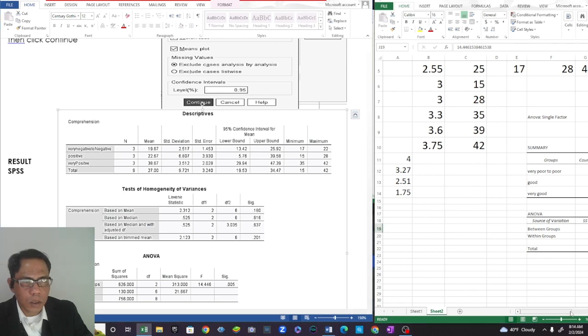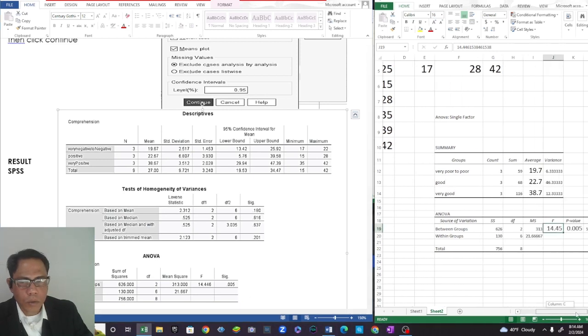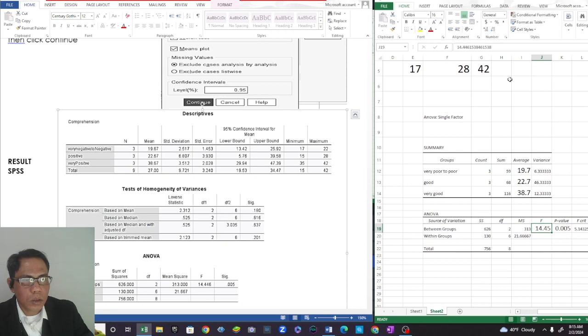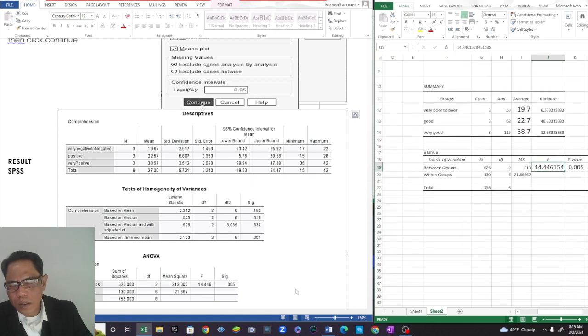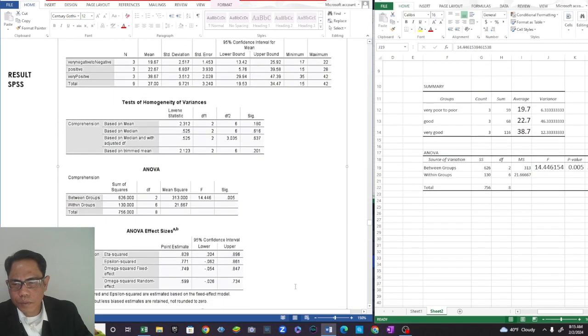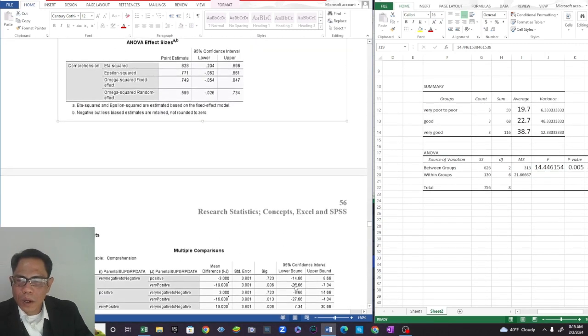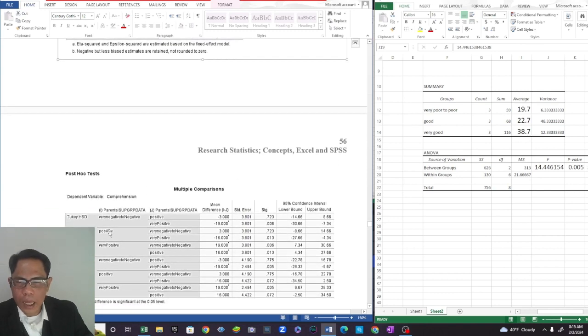we have the same results here. So 1446. You have the same result. The p-value, the same result. Actually, the same result should be. It is. So you also have these calculations